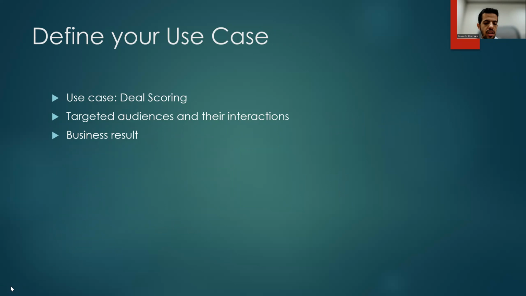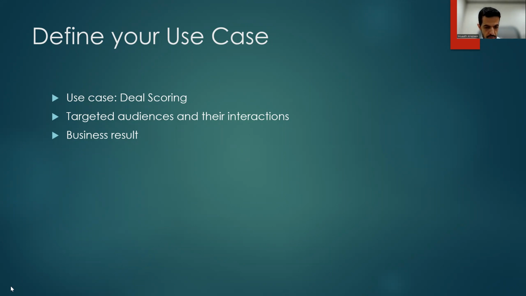pinpoint valuable investment aspects. The primary audience for this use case is our investment analysts who rely on data for deal scoring. And about their interactions, we are focusing on implementing an AI-powered deal scoring system. Investment analysts will interact with this system by inputting deal data, and the system will provide deal scores, streamlining their